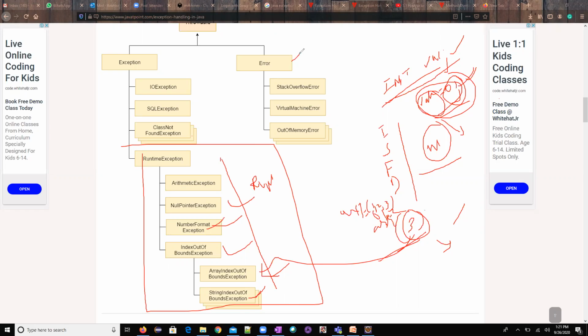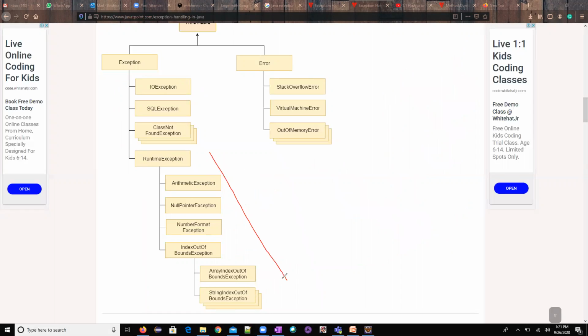I'm not talking about errors till now; I'll come to that. First, you need to understand the runtime exceptions. During the execution of the program, if you encounter any issues related to arithmetic, you get the arithmetic exception. Related to pointers, it is called null pointer exception. Related to number format, it is called number format exception. And related to arrays, you get the array index out of bound exception. So these are the different types of exceptions you'll be getting at runtime. Got it? Now, let's go to the next section.